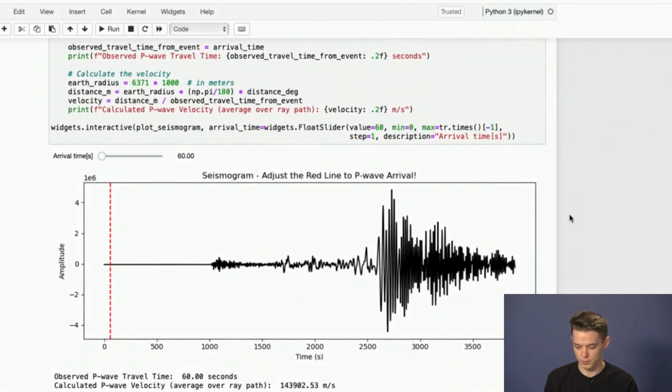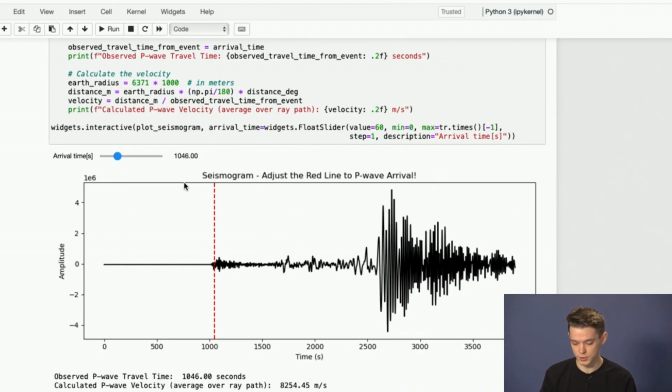So here is how it works: you take the slider, and to observe the P wave, that's the first arrival, it should be somewhere maybe here. So we're gonna have around 8,000, and the observed travel time is 1,000. So it's maybe strange values, but it might depend on the different structure of Earth and the different sedimentations. As one of the other steps, we can also try to check the